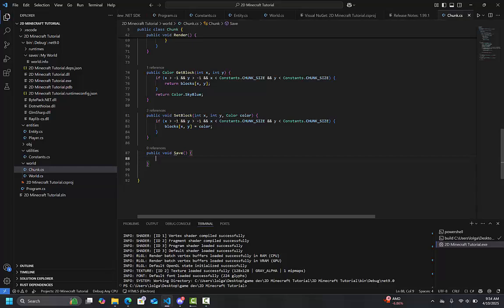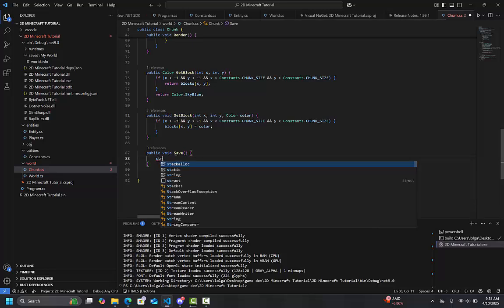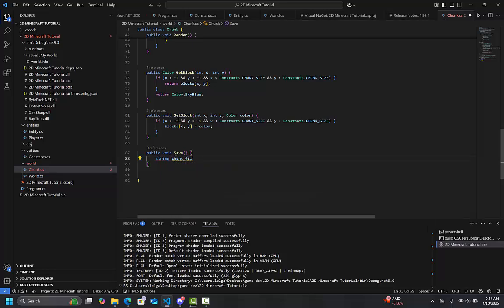And we're going to do a string chunkFile that's going to be equal to, sorry, go back. Let's do "Saves/", that's in the quotes, a plus, and then World.worldName, and then plus this slash, and